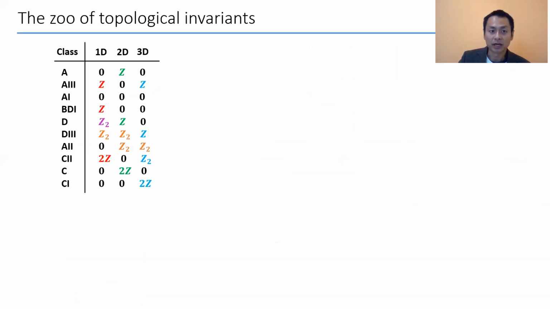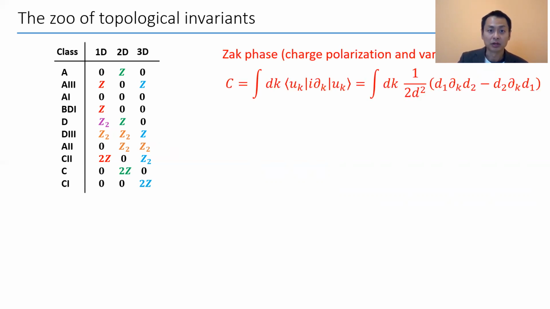Now, but if you ask, how exactly do you calculate this topological invariant? Then just by looking at the systems that are relevant to us from 1D to 3D, there's a big zoo of how you're calculating it. And moreover, each topological invariant actually corresponds to different physical quantities. For instance, showing in this red is this so-called Z phase, which corresponds to the charge polarization and some variations, where you take the integration of this so-called